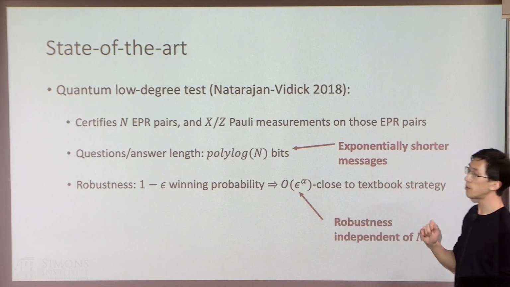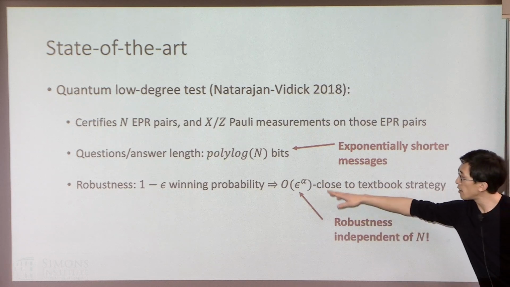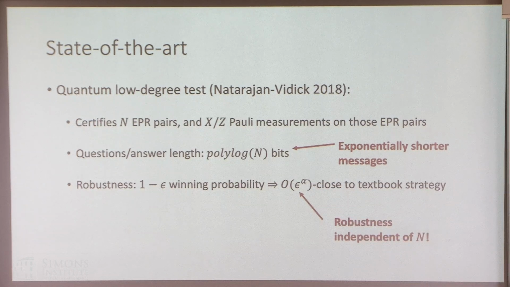If you're winning with probability 1 minus epsilon, then the closeness guarantee is only a function of epsilon. There's no n dependence. So it's epsilon to the alpha, where alpha is some constant, like 1 over 8 or something, close to the textbook strategy. This is very nice. That means the more EPR pairs you want to certify, you don't pay any price in terms of the robustness. And this is sort of the frontier. And I mentioned earlier that whenever we had an advance in proving a better rigidity result, we get better multiprover protocols. And that's the case